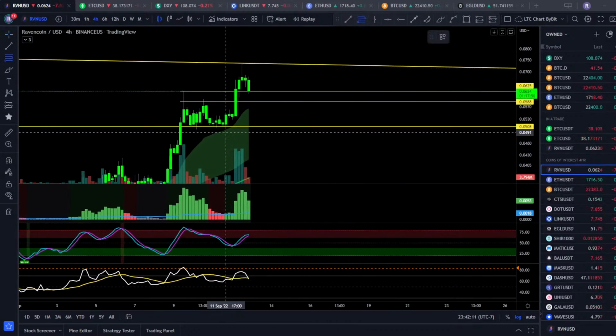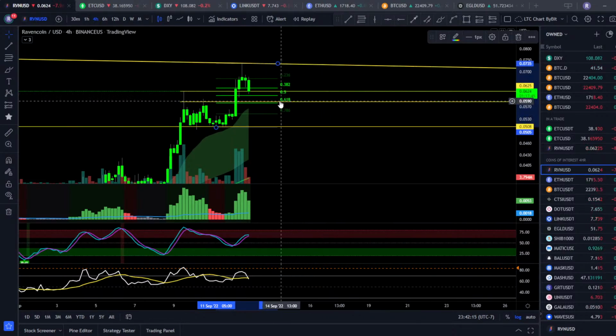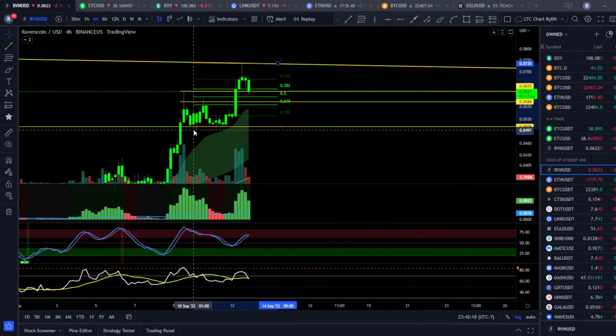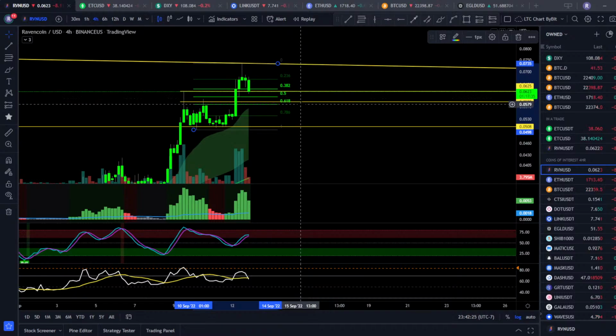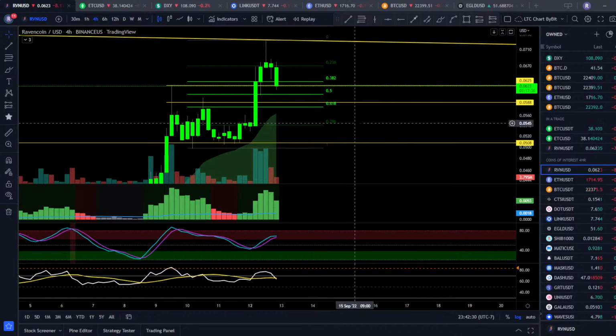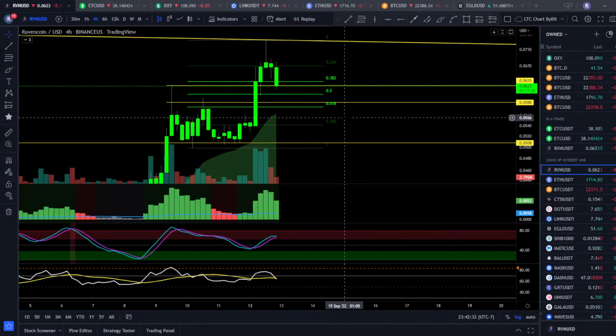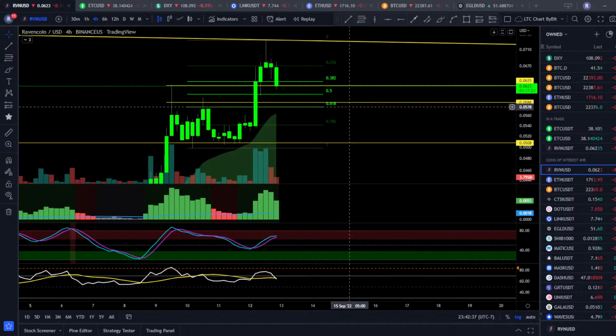And if we pull out a Fibonacci, let's go from this bottom here. I could see us coming back down, going a little bit further, actually, because the momentum is stalling. If we are going to have any kind of bullish move, I could see us coming back down to the 618. The 618 is a very strong Fibonacci support line. So if the bullish momentum is going to continue, I could see us wicking down to the 618,